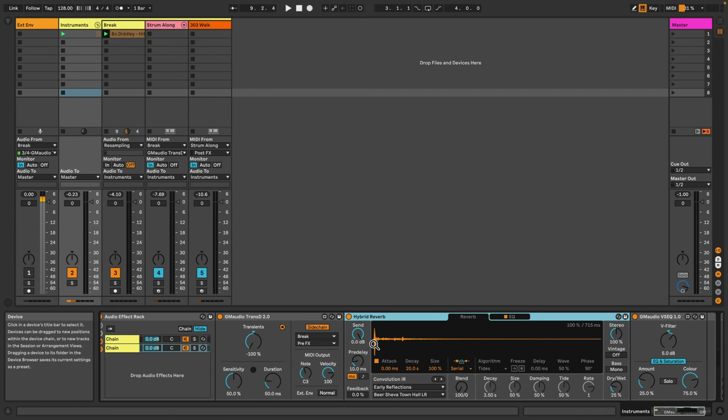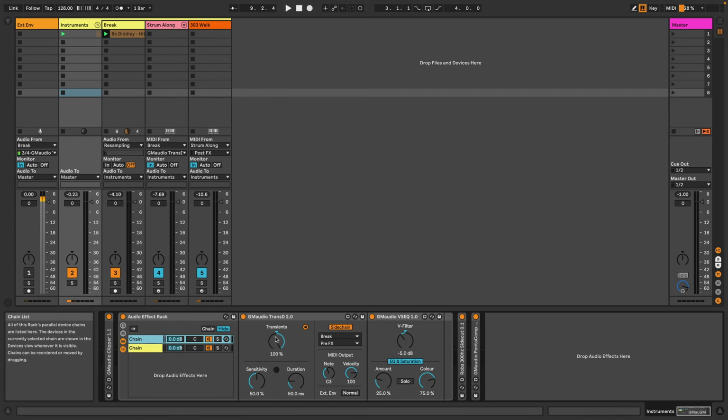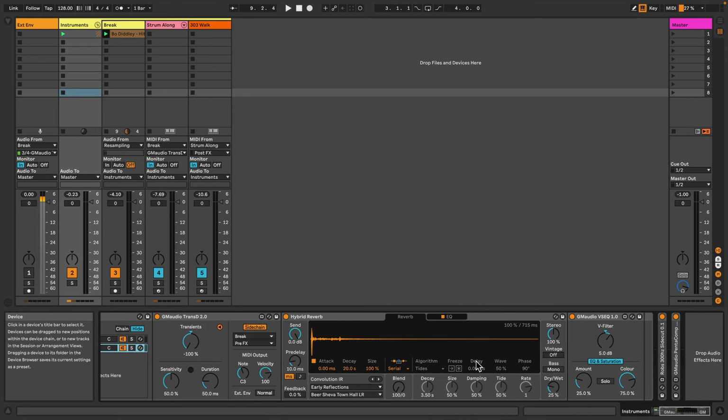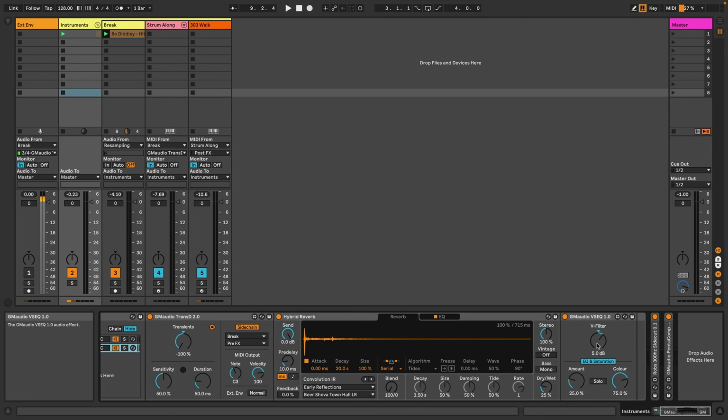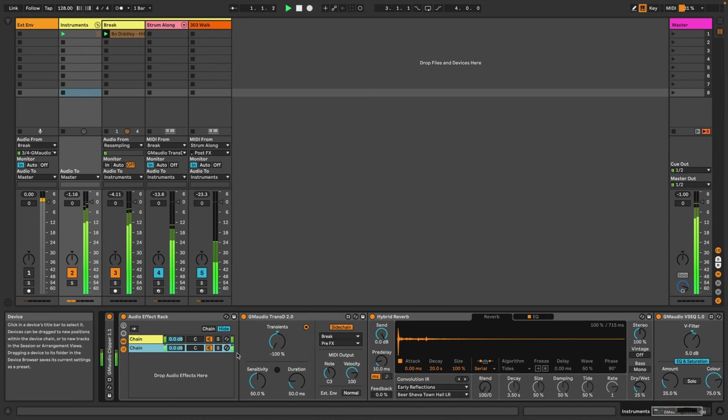Now another thing I've done with these two chains is that in this first one, I'm using GM Audio VSEQ, which is basically filter and saturation, and I'm using it to attenuate the highs and lows, or essentially boosting the mids and applying some extra harmonics, and then kind of doing the opposite with the filter for the sustain or body of the sound, where I'm boosting the lows and highs. This is almost like a dynamic EQ, applying different effects dynamically to the sound. And with that all together,